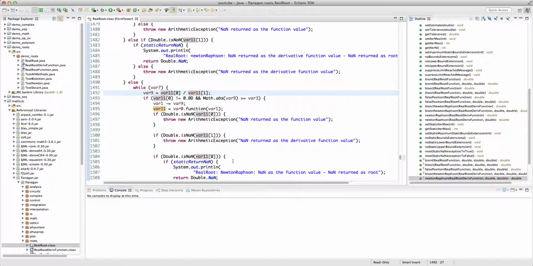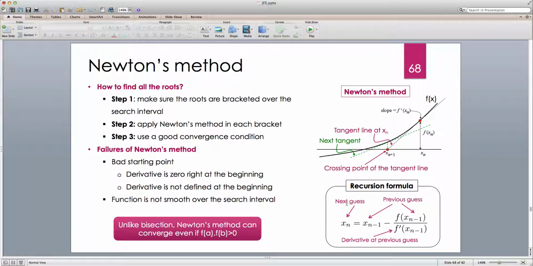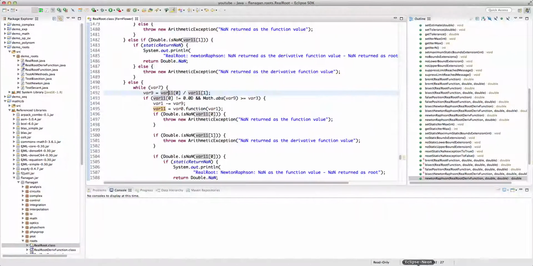And if you recall, in the recursion of Newton's method, we have the previous value minus the function divided by the derivative of the function. That's why we have var11 0, which is the function, divided by var11 number 1, which is the derivative of the function. And then it checks whether or not the value of the function is in fact 0. If it's not,